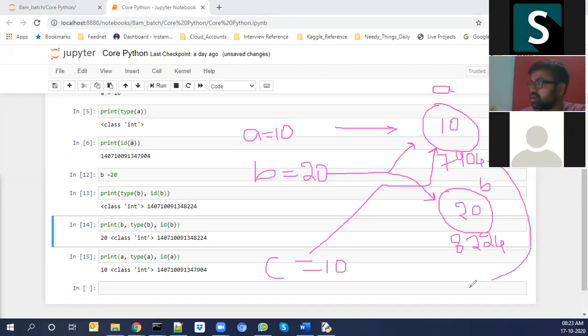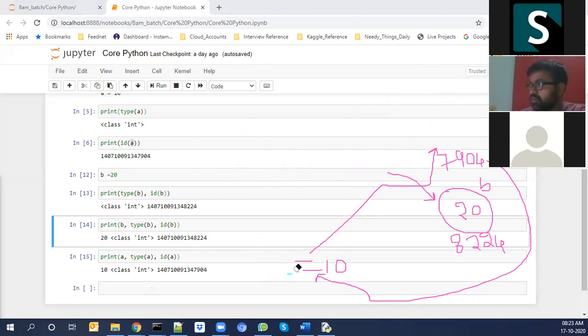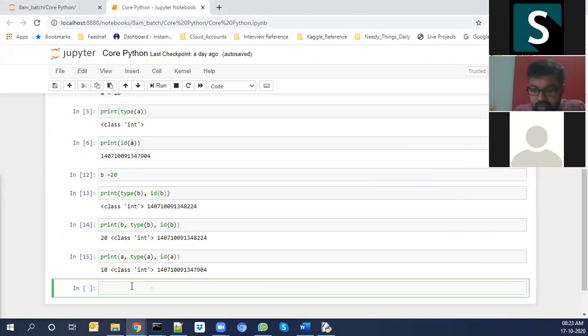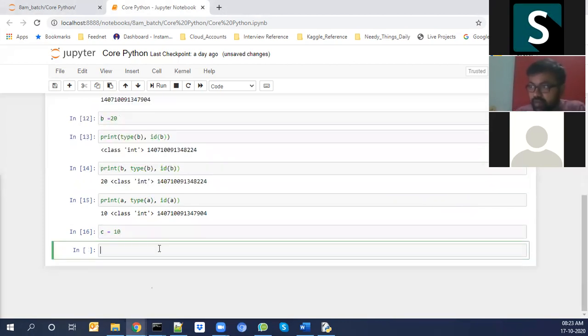So I can reuse this one and assign this value to C. So if I say, for example, C equal to 10, you can see now, print id of C, will first print the value.